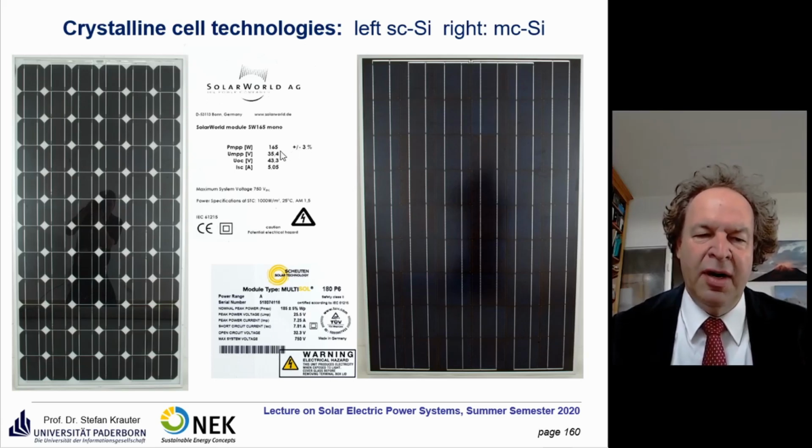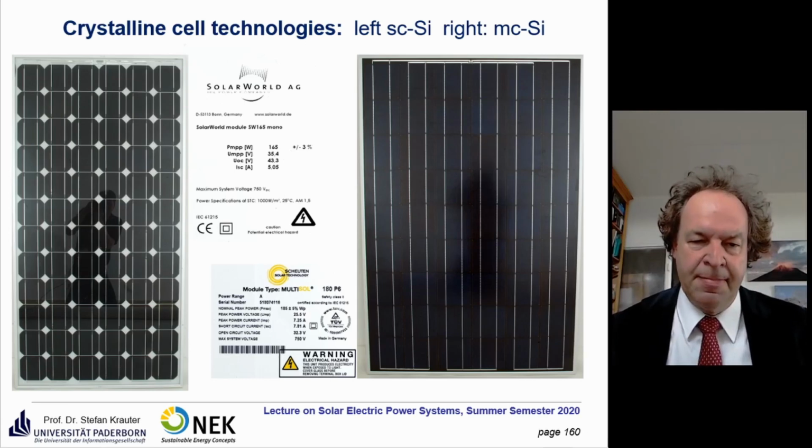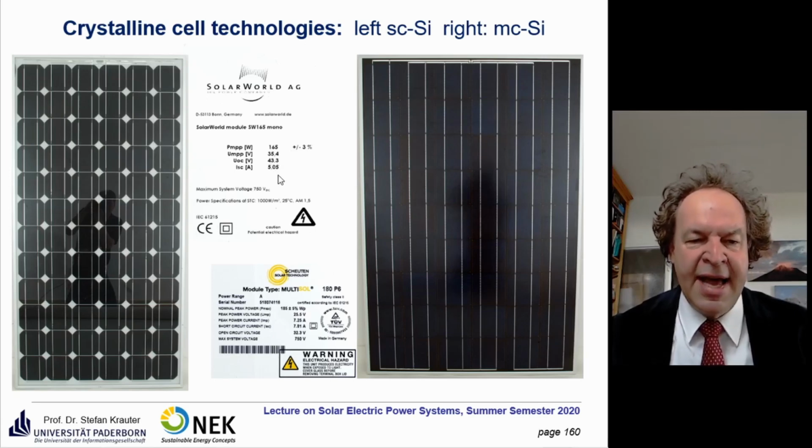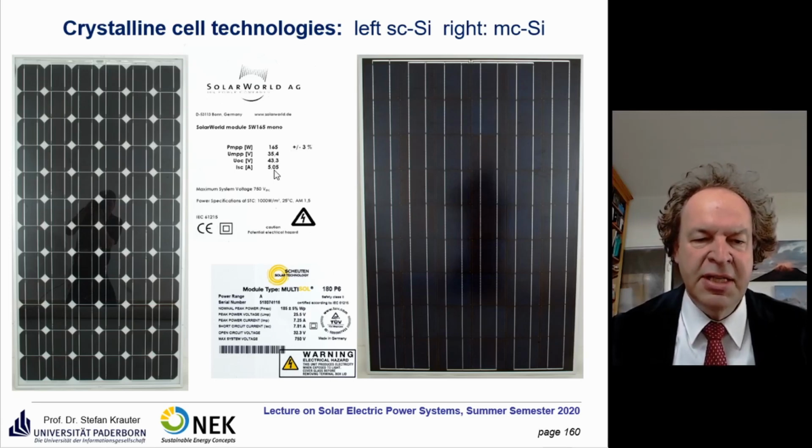So if you have, for example, nowadays a 400 watt module, you are quite sure that it has at least 400 watts under the standard test conditions. So we have here also the voltage under maximum power point condition, and in the maximum power point 35.4 volts. The open circuit voltage is surely a bit higher, which is here 43.3 volts, and the short circuit current is here